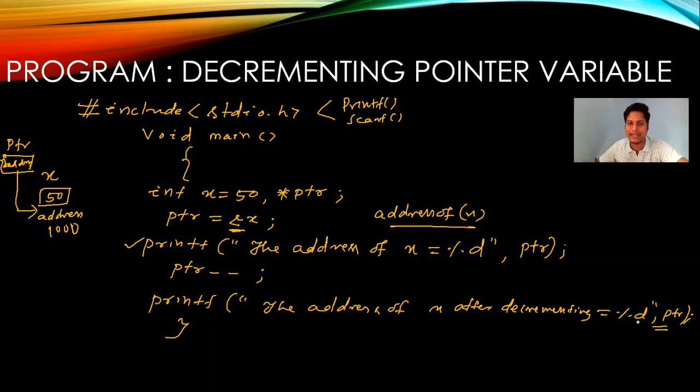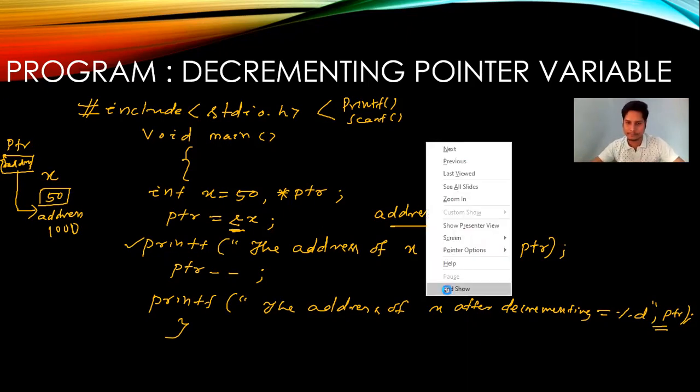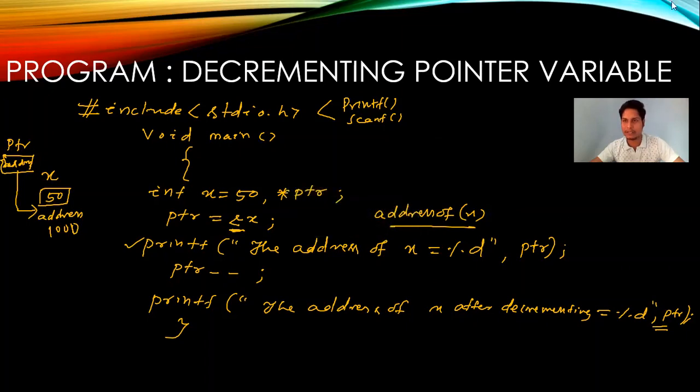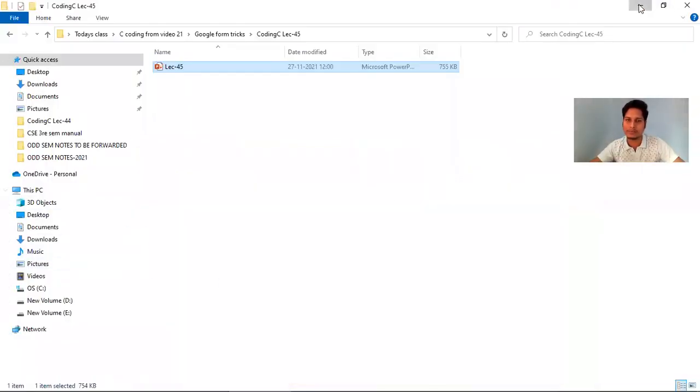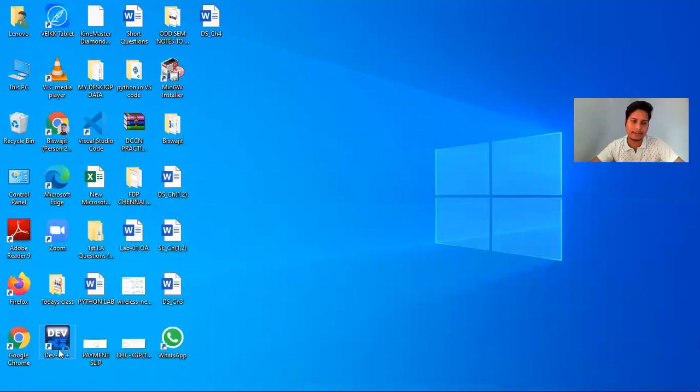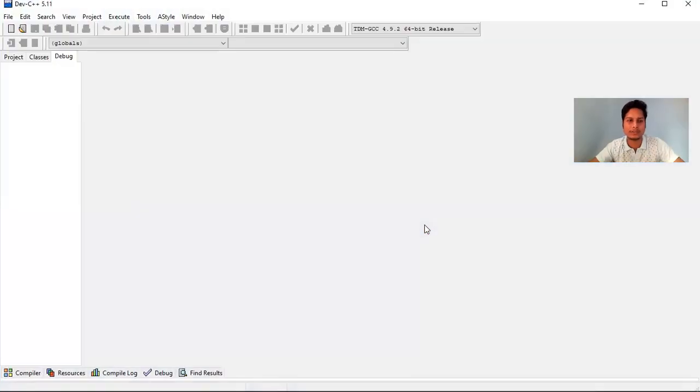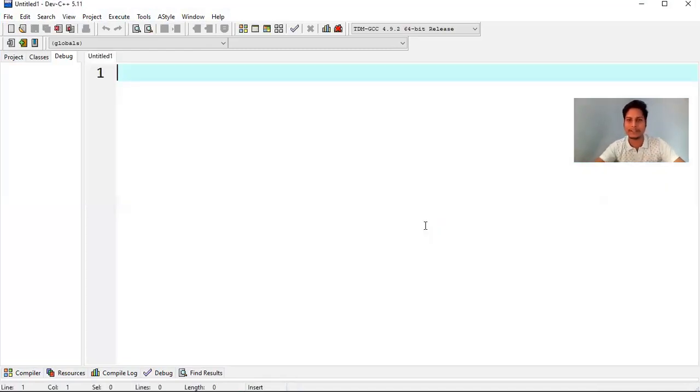Okay, so let's see with the help of my Dev C++ editor how the address will be displayed. Here, one thing everyone can notice that the address is not assigned by the user. The computer automatically assigns the address to a variable.